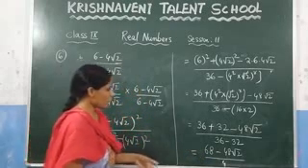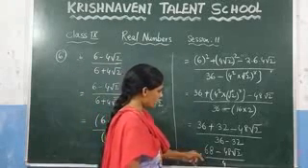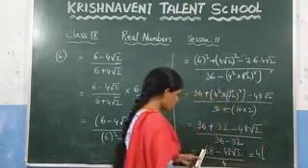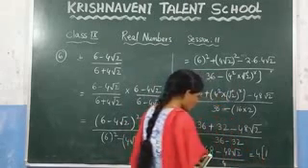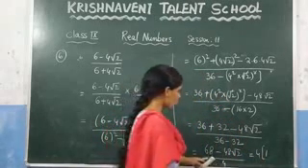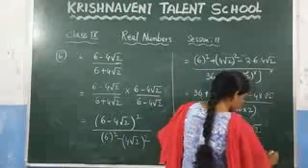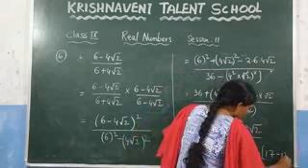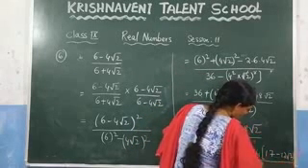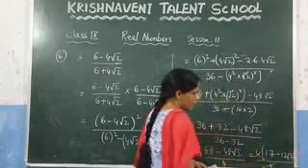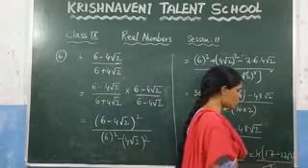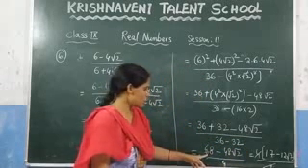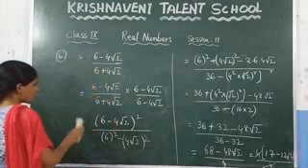Here we can take 4 common in this one. If you take 4 common in the numerator, what do you get? 4 ones are 4, right? 2 will remain and 28 will be left out. So here you will get 4 sevens are 28, right? And after that minus again 4 ones are 4 and 4 twos are 8, 12 root 2. Now you can observe that this 4 will get cancelled. You will get the answer 17 minus 12 root 2. Up to here also you can leave it, otherwise you can take 4 as the common in these two values. Now see the next question.